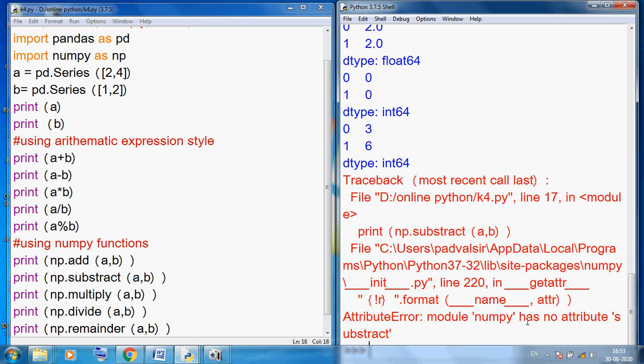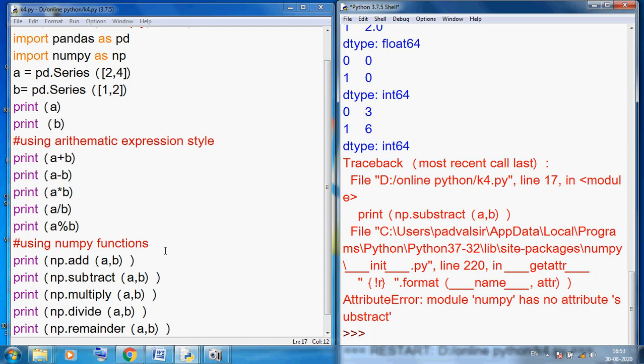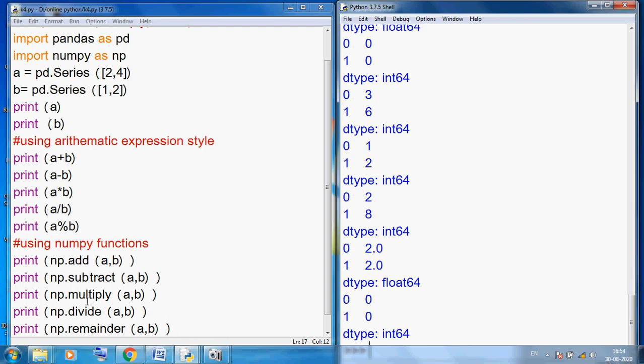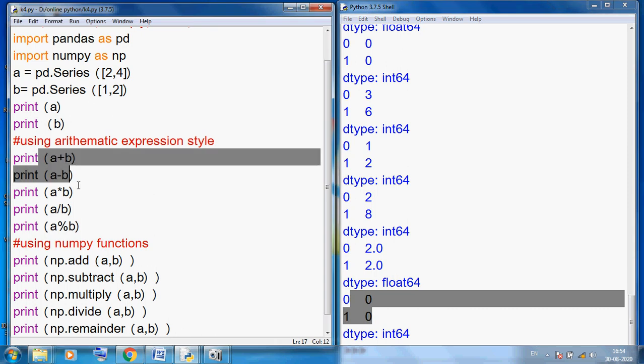Numpy subtract. So you can see this is addition, this is subtraction, this is multiplication, this is divide, and this is remainder. So we can use expression style, and we can also use numpy function style.